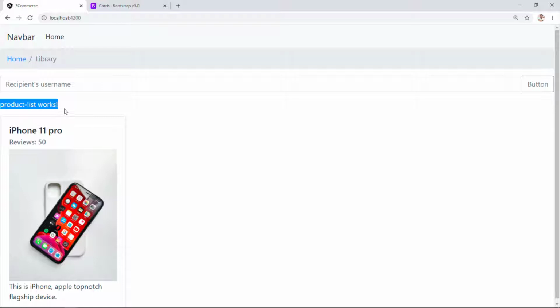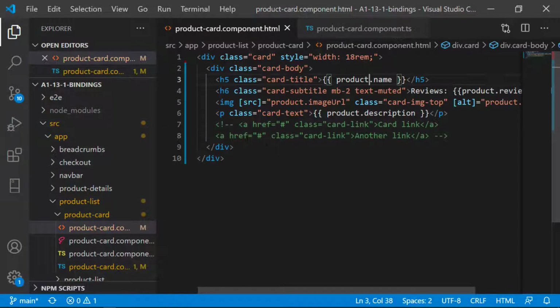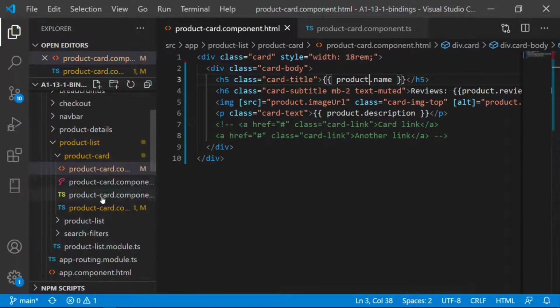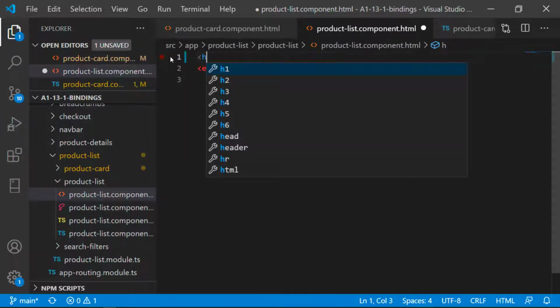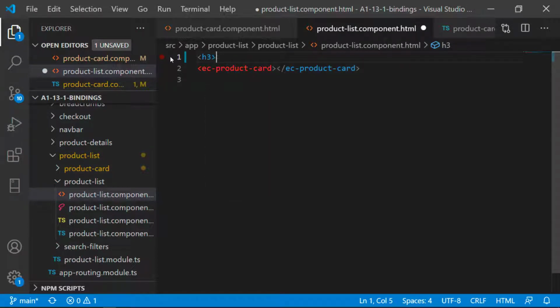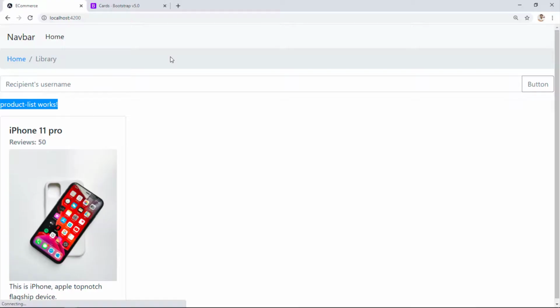Awesome. There is a product list works text. So let's change it to an h3 tag saying Products. To find that you have to navigate to the product list component HTML. Change it to the h3 tag saying Products. Awesome.